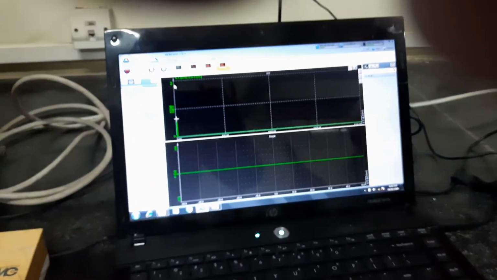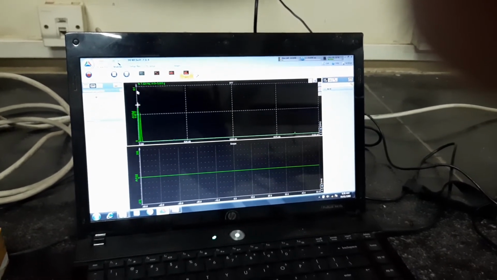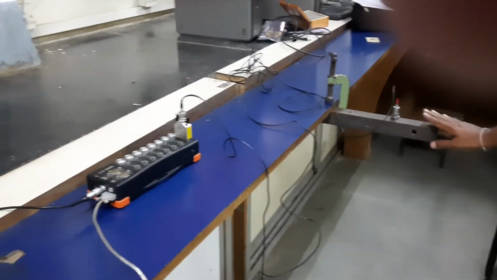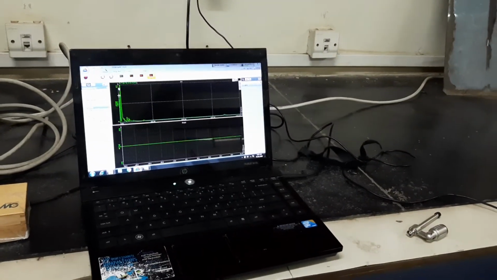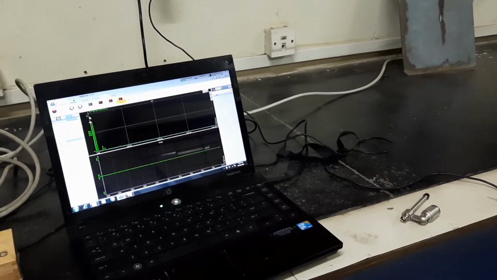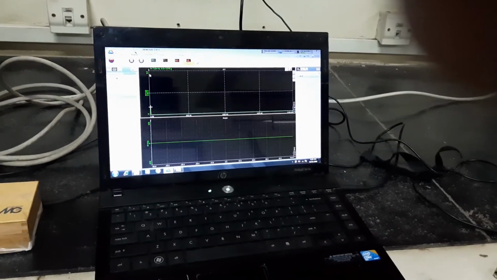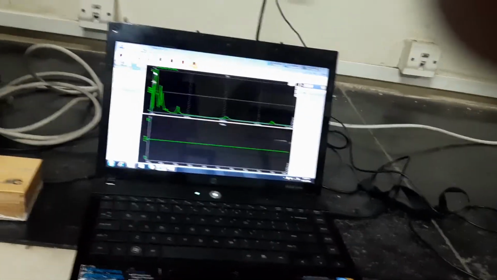I'll go to some value. You check it. I'll give some vibration to this one. Look at this. At the same time, we'll find a fluctuation. Okay, you can record also and save this further. I hope that you got it.